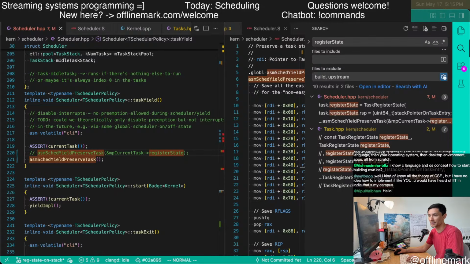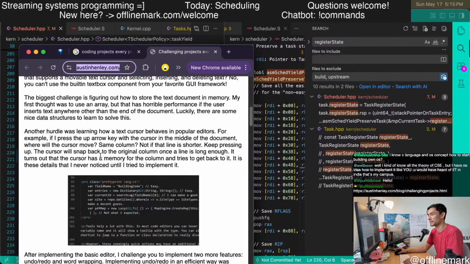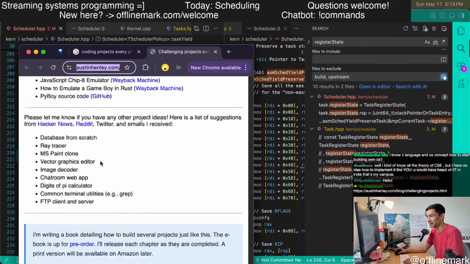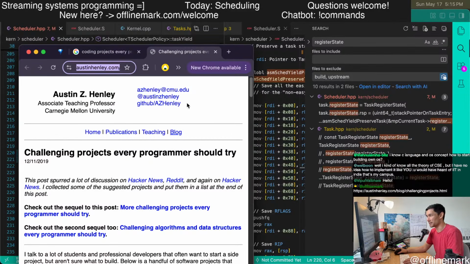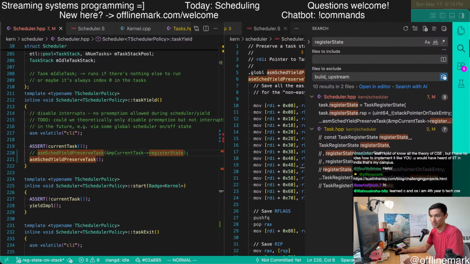Try this one. Challenging projects every programmer should try. For the record, I haven't done any of these, other than the operating system. But if you're looking for some projects, then that could be a good start.